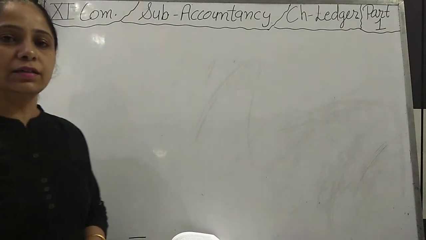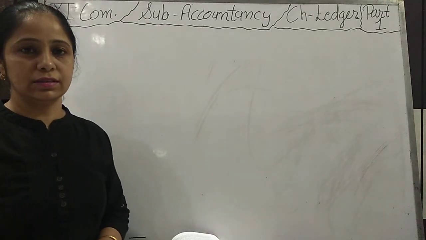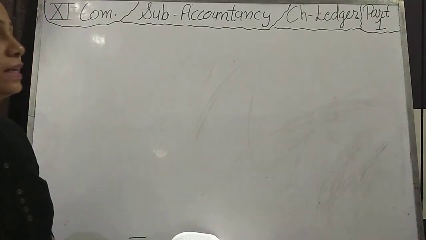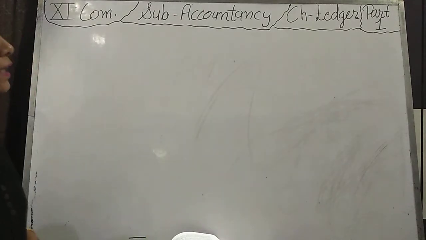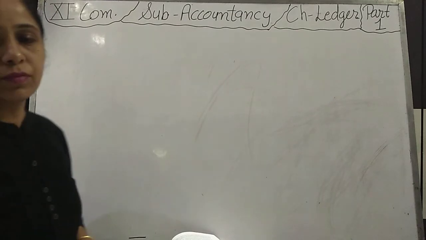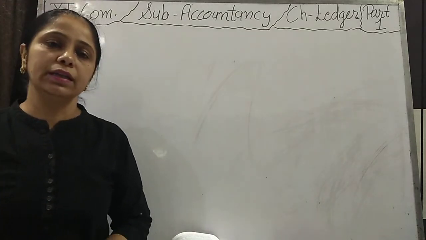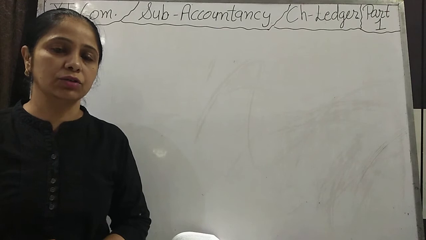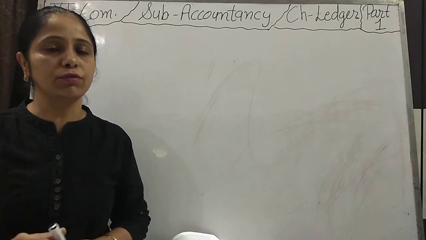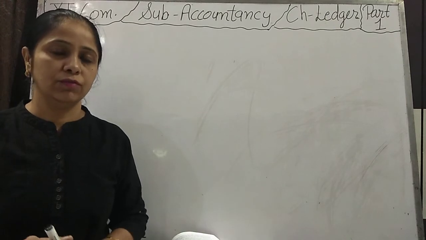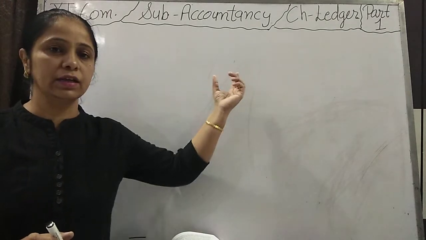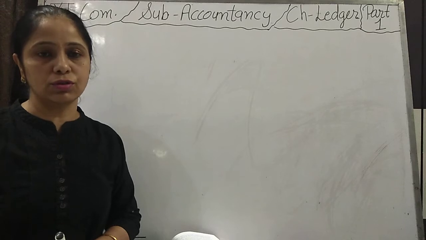Today we will start, after your exam, a new chapter, ledger. We have skipped chapter 13 in your book, ledger. Now what do you mean by the ledger? Ledger क्या होता है? Ledger is the name of a book for the purpose of making accounts. We use this book, ledger, for making the accounts only.